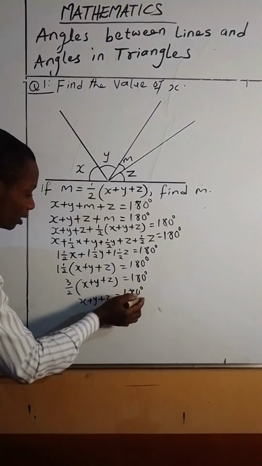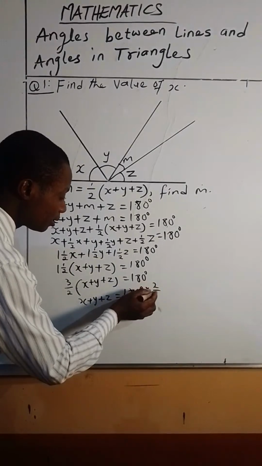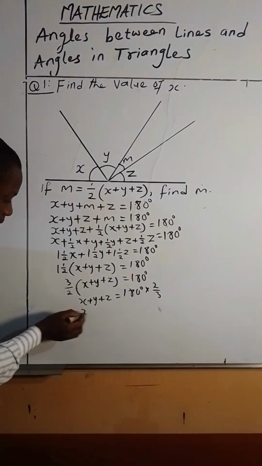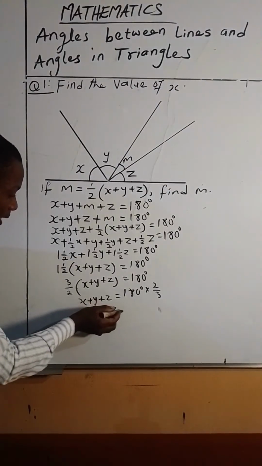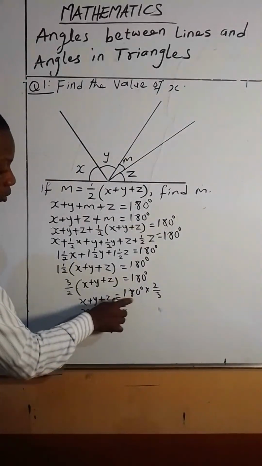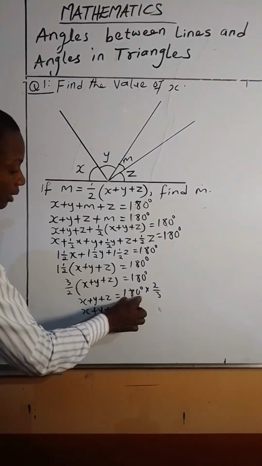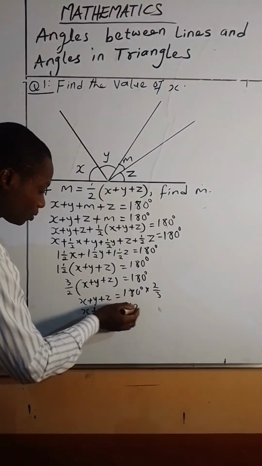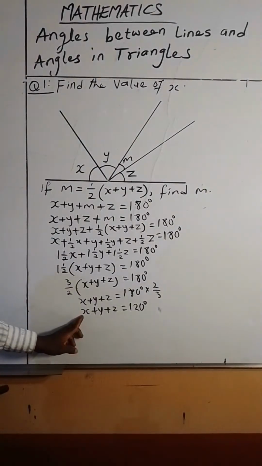180 degrees, then times 2/3. This is what we are going to get. Then we have our x plus y plus z equals this. 3 into 180 is 60. Then 60 times 2 is 120 degrees. So this is x plus y